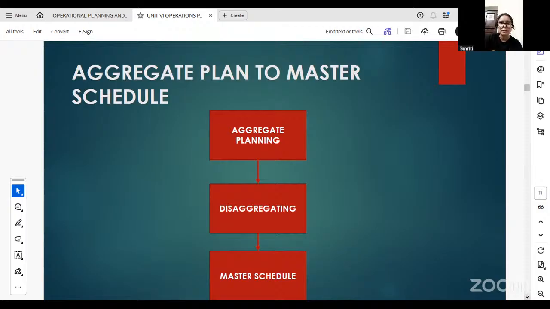Aggregate plan to master schedule. Aggregate planning, disaggregating master schedule. तो ये हमारा क्रम चलता है, एग्रीगेट, then disaggregating and then master schedule. As I said, aggregate when you buy the things in bulk for a particular period. ऐसा नहीं है कि आप बल्क में एक साल के 2 साल का सामान खरीद लीजिए।